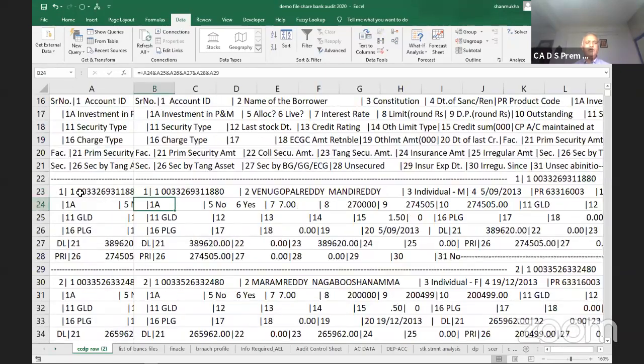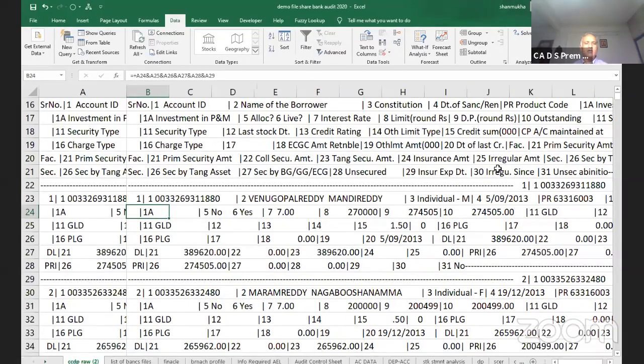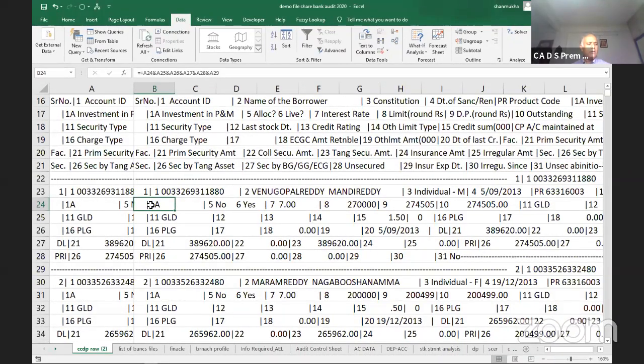See this 24th row, 23 row content. Row 23 has full content, but row 24 doesn't have full content. Account number is not there. In the same way, 25, 26, 27, 28. Only row number 23 has full content. Wherever there is full content, the row starts with 1 space 003. So wherever it is starting with 1003, I want to